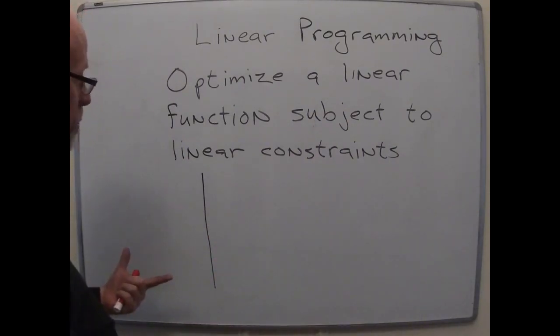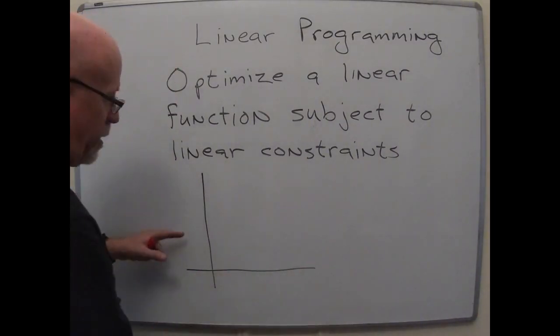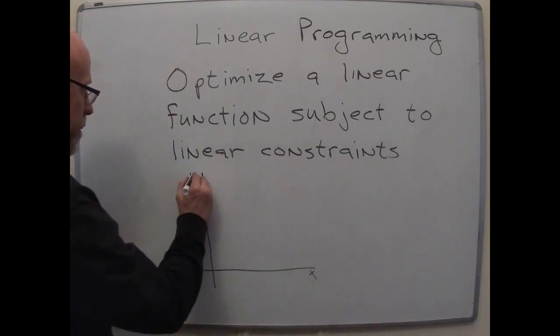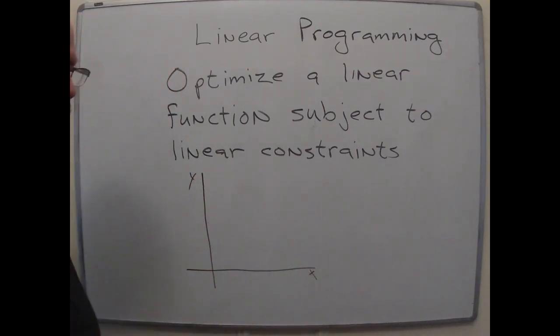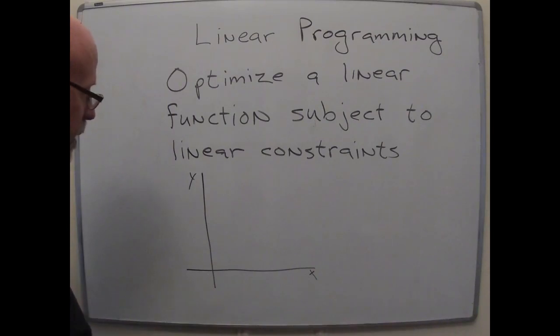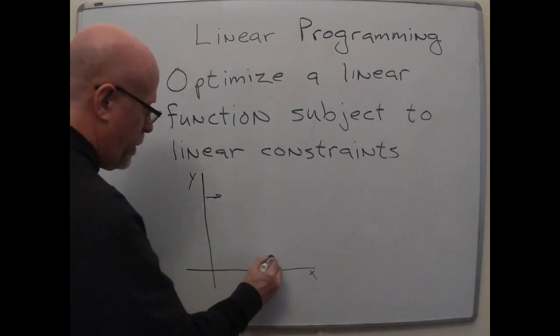And there are some conditions that are immediate from a setup like that. If I've got two products and I'm selling x of one and y of the other, well, x and y have to be positive. I can't sell a negative number of toasters, right? I can't sell a negative number of microwaves. So positivity means everything lies in the first quadrant,